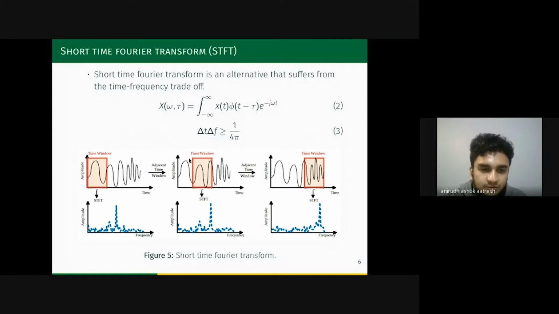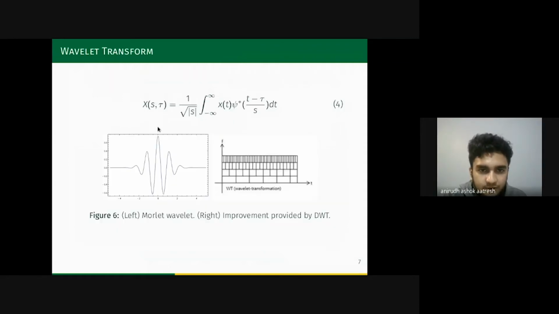This fixed frequency and time resolution representation is solved by wavelet domain analysis. The wavelet transform is also known as multi-resolution analysis, mainly because you treat quickly varying signals and slowly varying signals with different frequency and time resolutions.